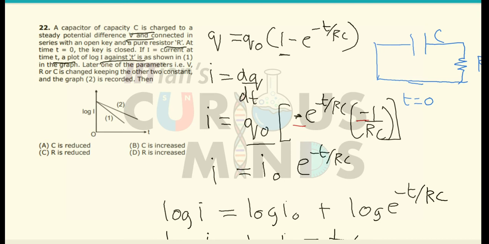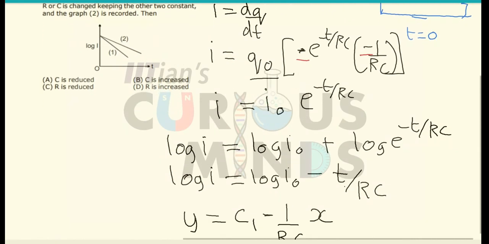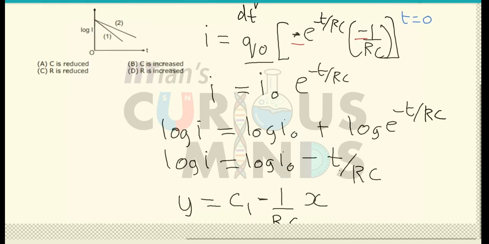Okay, so we have to find out the various terms over here, that is, what the value of R and C is, and what will happen if R and C are increased or decreased. So first of all, I can take I naught and multiply